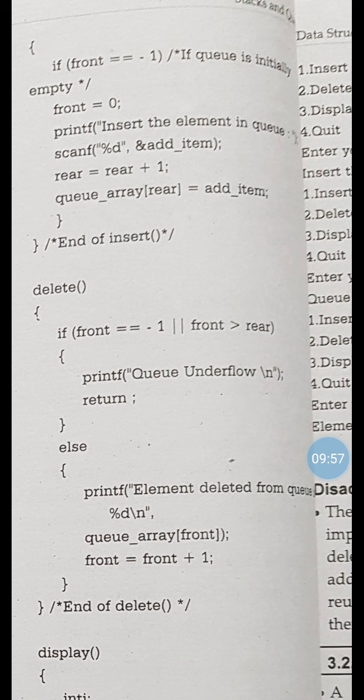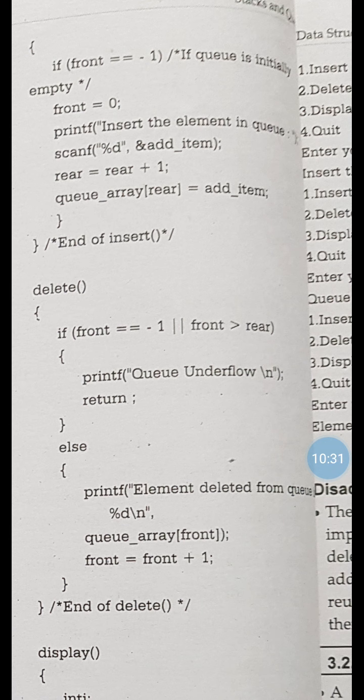So if front equal to -1 or front is greater than rear, if such a condition holds, it means the queue is empty and we cannot delete or remove elements from an empty queue. So the condition gives queue underflow. Else, it is not empty, meaning there may be one value or multiple values, so we are able to delete the element.